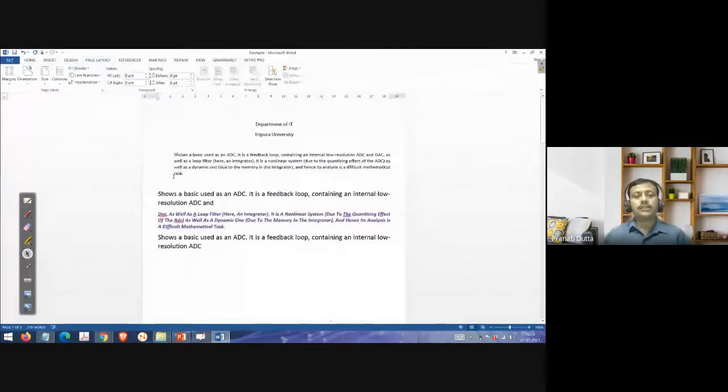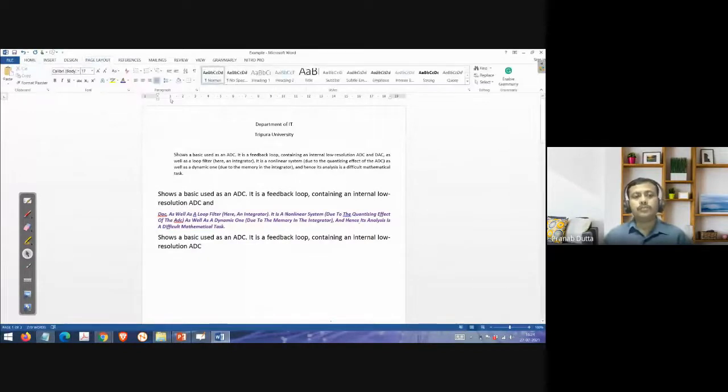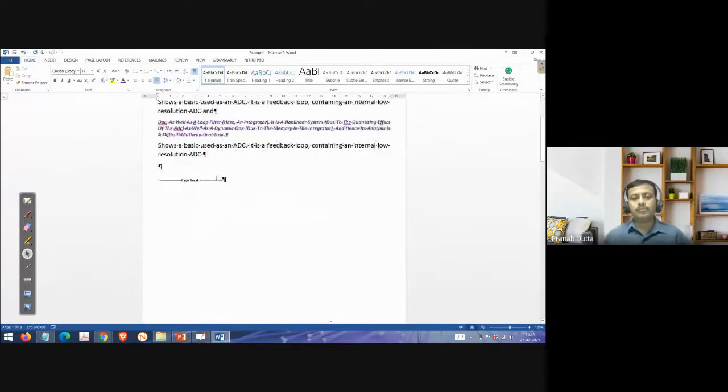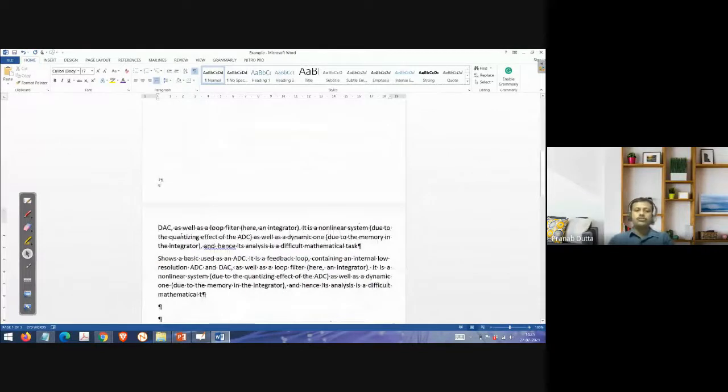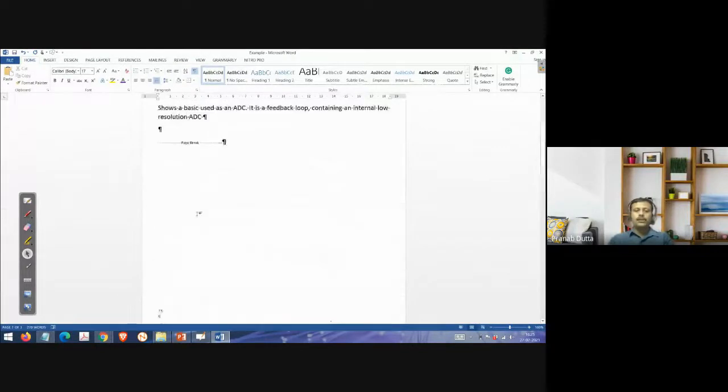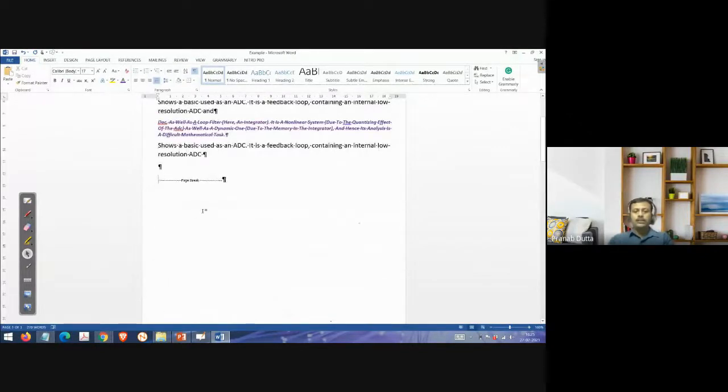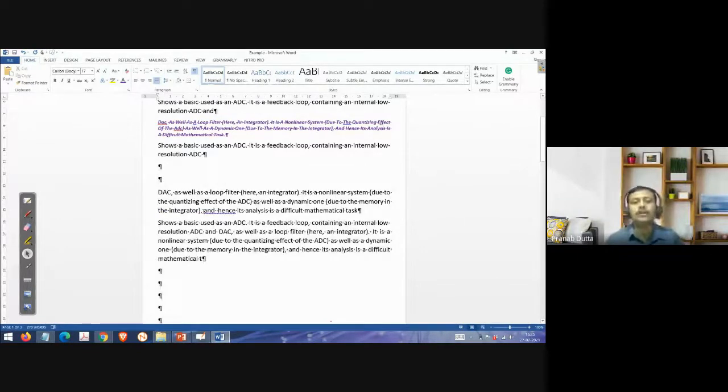Another thing, if I want to remove this page break, then how can you do it? So just press this show all button. If you see, a page break is given there. We have done a page break in this location. So what I will do, I will put the cursor here, and then I press the delete button. Automatically it will come up, and just remove all the tabs. So if you see, we are getting the same thing.